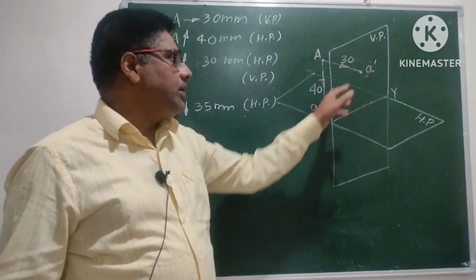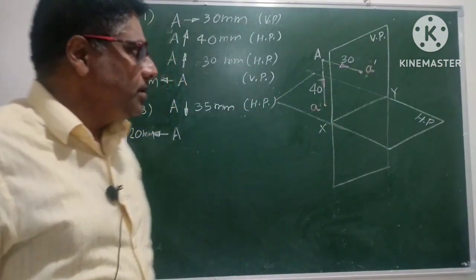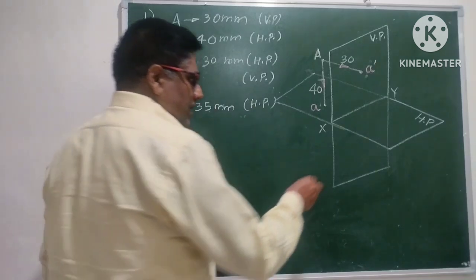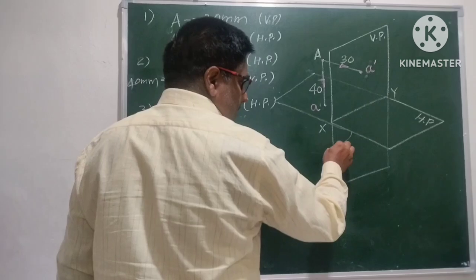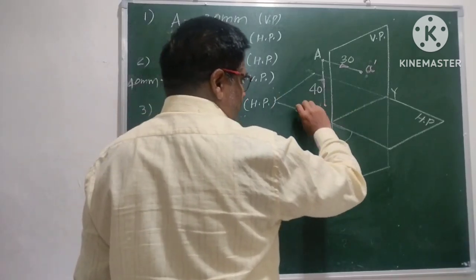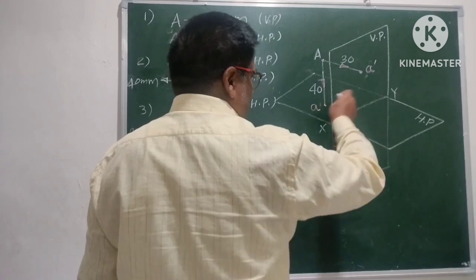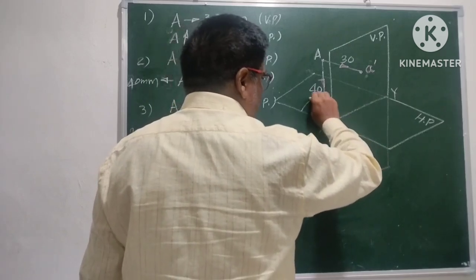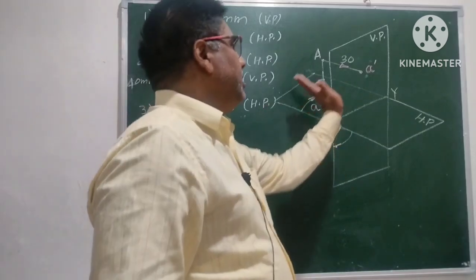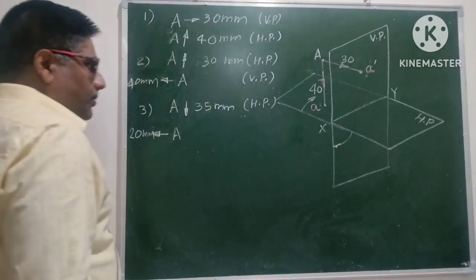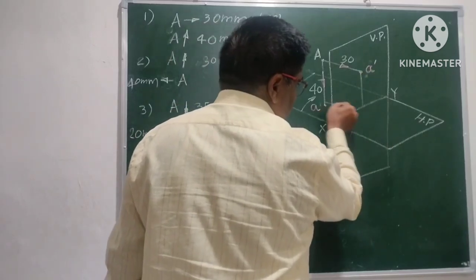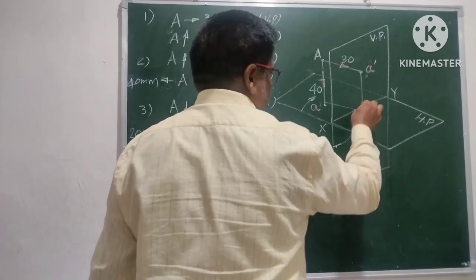After getting the front view and top view, what is the next step? We are supposed to rotate this horizontal plane through 90 degree. This front part of the plane is coming down and this rear part, the back part, will go up. This part will go down and this part will go up. Therefore, see, if I complete the